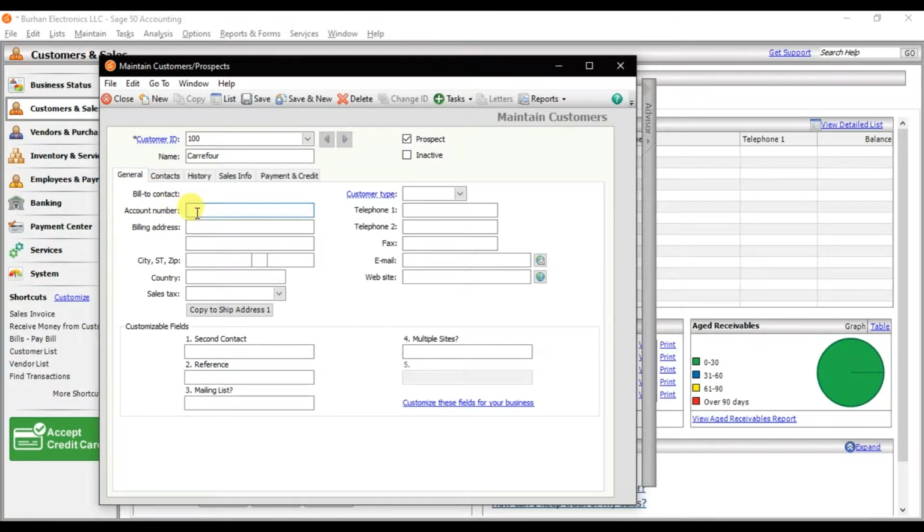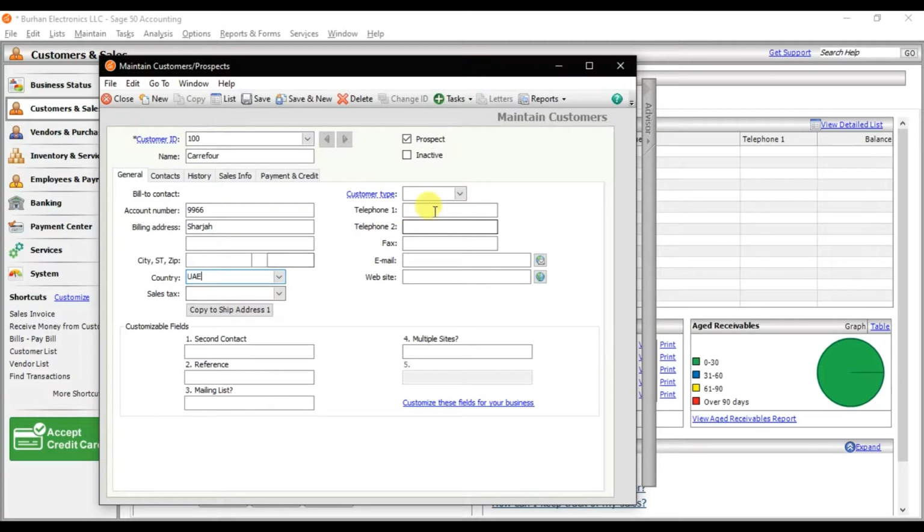You can give a unique account number, and that is the customer billing address, the office number. You can mention the city, the country, and if there is a sales tax like a VAT registration number, you can